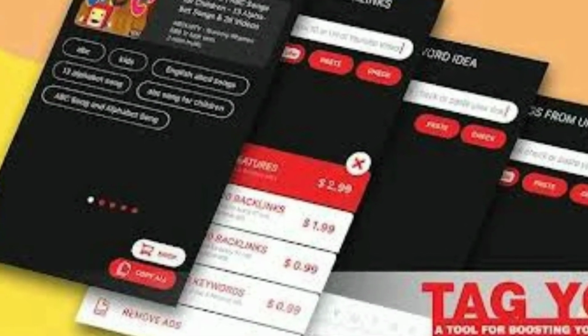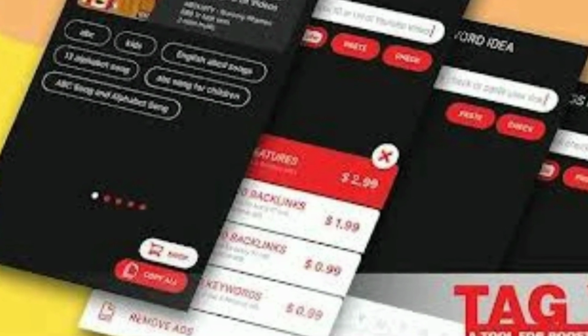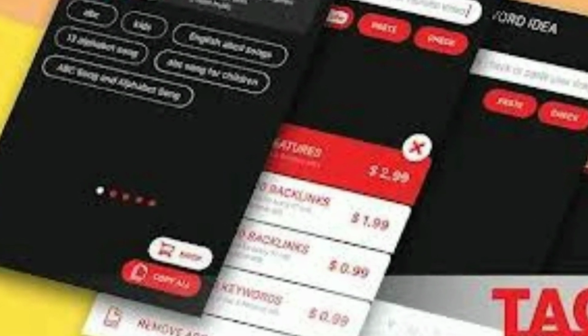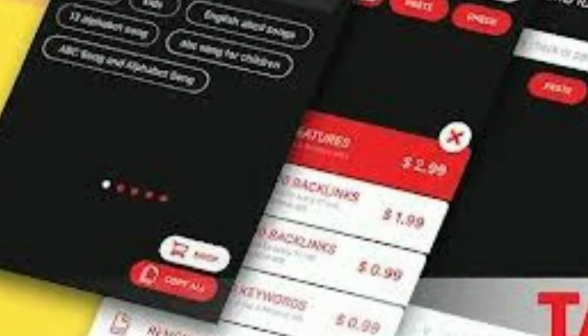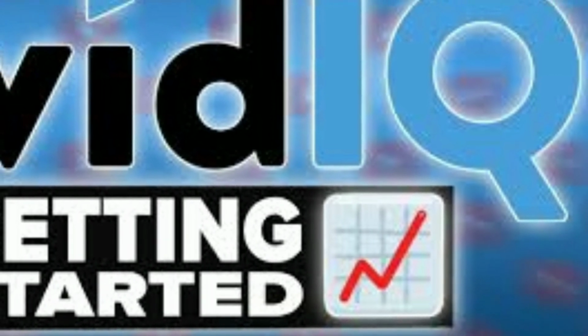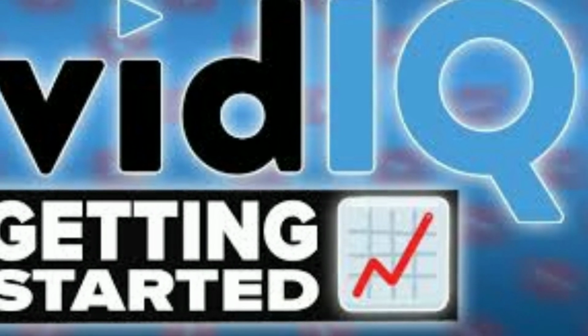This is required to generate the best tags for your video, and also it can extract other YouTube video tags in a second. And the last app is vidIQ. If you want your videos to rank well, then you must do its SEO, and for that vidIQ supports you in every manner. So these were all the 7 apps which are required if you are using your mobile to make YouTube videos,